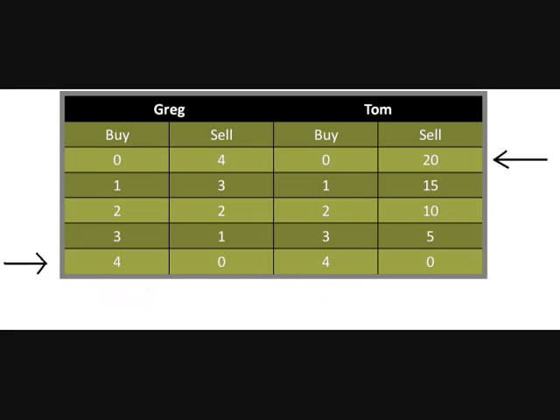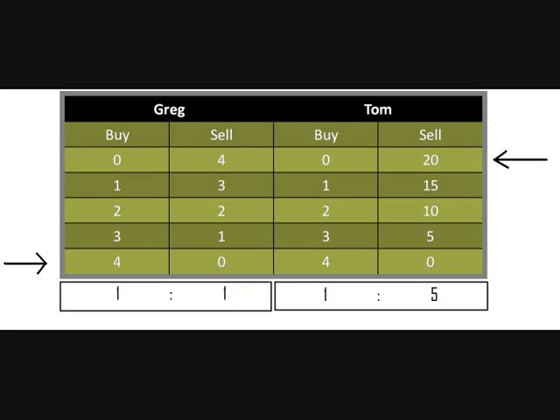Look what happens when they specialize. When Greg was buying and selling, for every chunk of time he dedicates to buying a ticket, he would lose 1 ticket that he could have sold. Now for Tom, each ticket he decides to spend time buying, he forgoes 5 tickets sold. Wow, that seems like Tom has a higher opportunity cost. Yeah, much higher. Right, and this is why Tom needs to focus on selling.